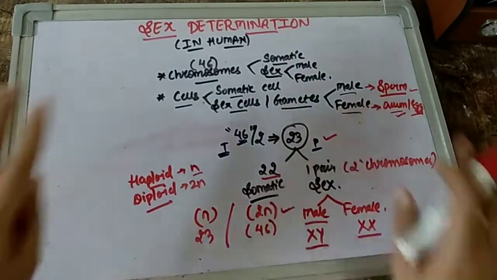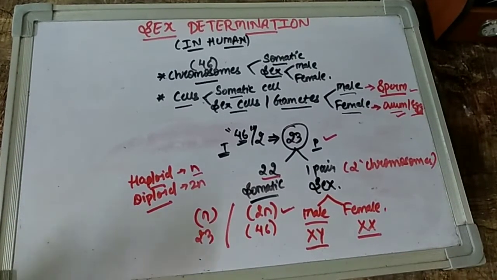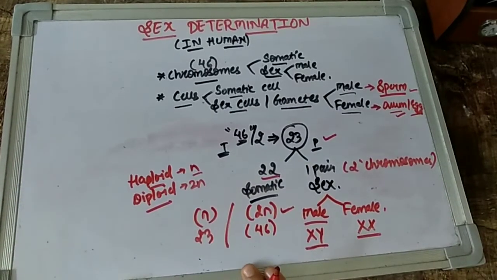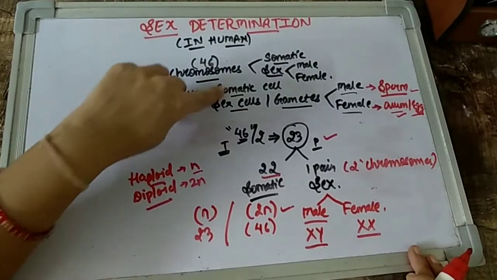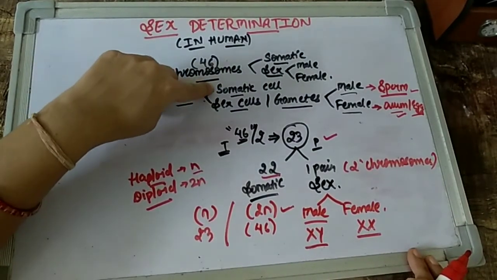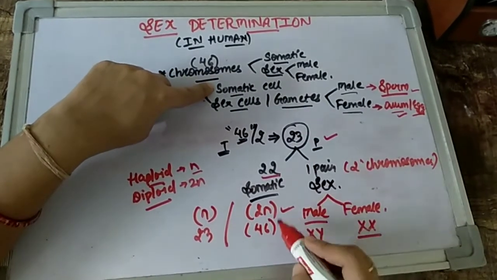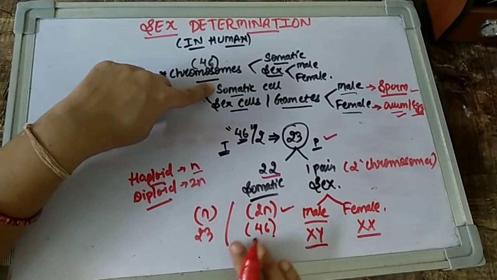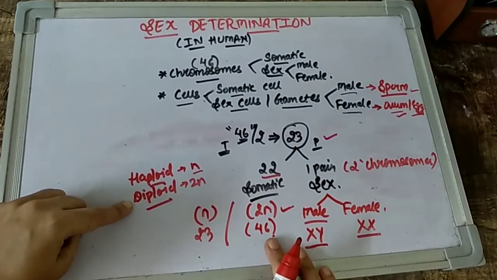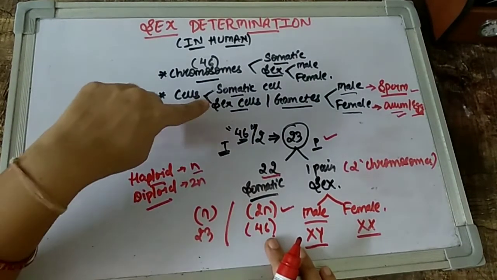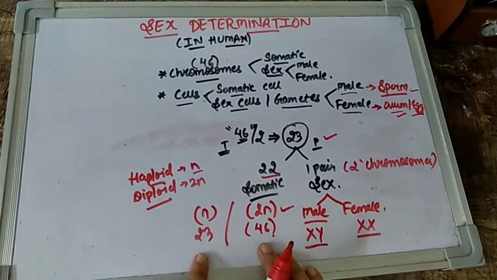What is its importance? We are going to know that right now, because we'll see the process of sex determination in humans. But at least up to this part of the video, you should be clear that in our body there are two different types of cells: somatic cells or the sex cells. Somatic cells are nothing but our body cells, and such somatic cells have the complete set of chromosomes. So the cells will be diploid in nature because they will have all the 46. But when you talk about the sex cells or the gametes, children, these sex cells have half the number of chromosomes.